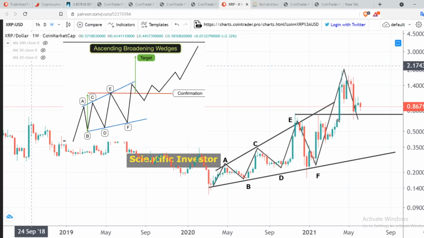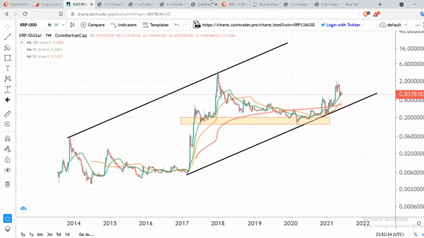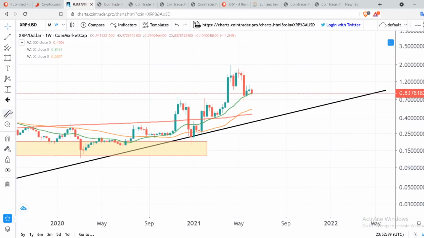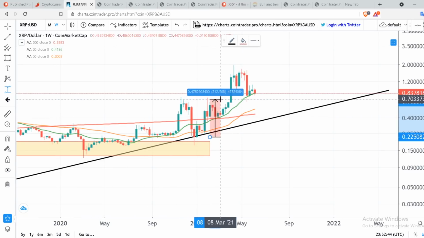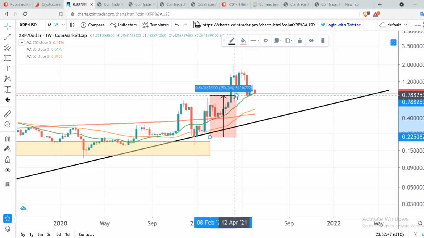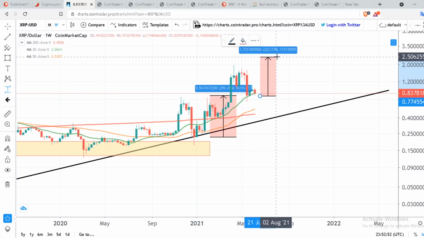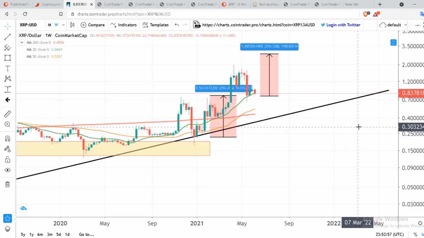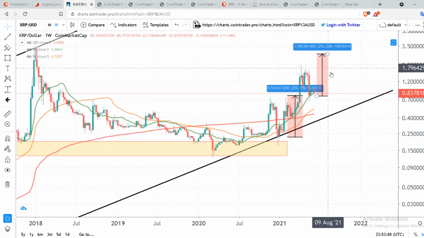If you are putting that into perspective, you are going towards the $2.4 to $3.2 mark at the top of this particular pattern, right? So if you get that, now we can actually look at the same, say this is a daily, you can zoom in, you get to see the similar pattern. And if you really want to put that into perspective to understand what it means from this bottom till that roof, you get around 250%. Fine. Now what you can do is you can just plot it from there and see where it goes. Yeah, you get to around 2.4 to 3.2, so that would be the range. This shows 2.7. Now you can consider even 2.4.